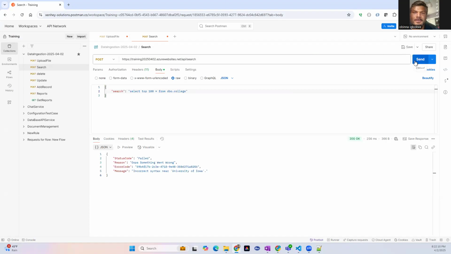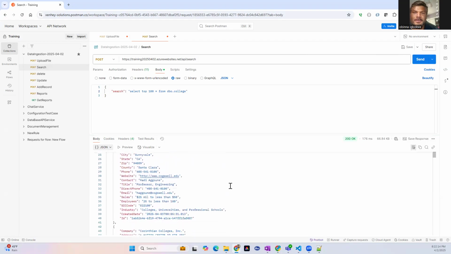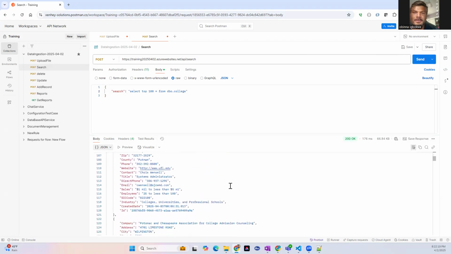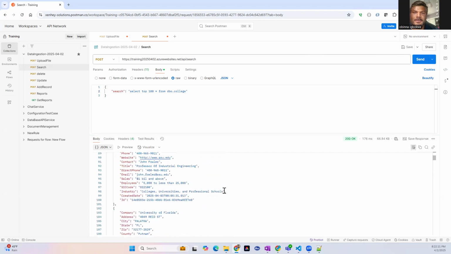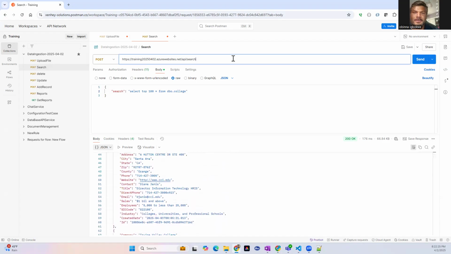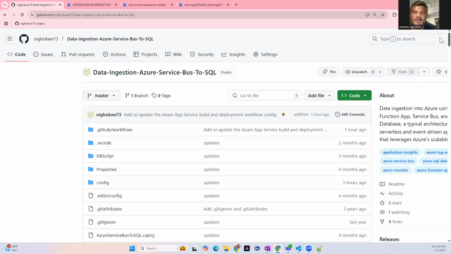Hit send. Again, data back. So you can see that we're selecting the SQL database now. And this is just selecting from the SQL database based on the information that we have. We can also fine tune it. But remember, we haven't changed the endpoint. So the endpoint is still the same, and we're using the API to collect from the backend system. So now the client is very happy, we have a way to satisfy both asks from the SQL and NoSQL